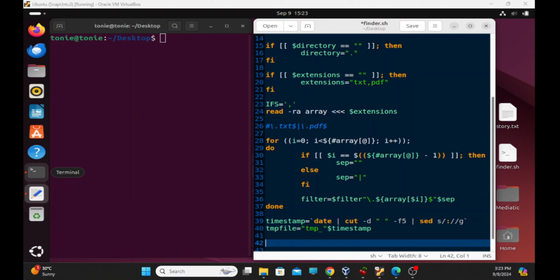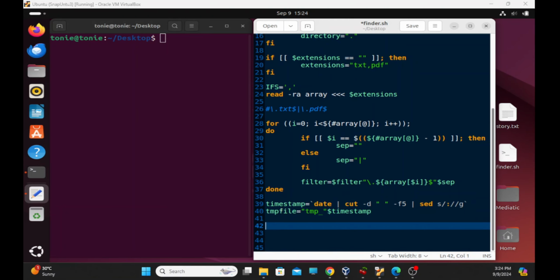Alright, so let's look inside the directory for the file types provided by the user, whether txt, pdf, or whatever has been provided that we reformatted inside a filter. So we're looking based on the filter, and whatever results are found will be stored inside the temporary file that we named here. So find